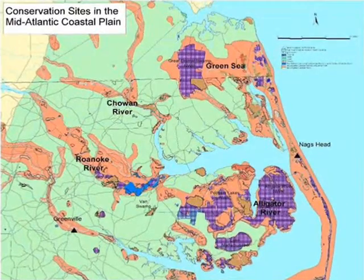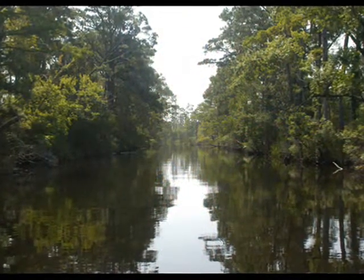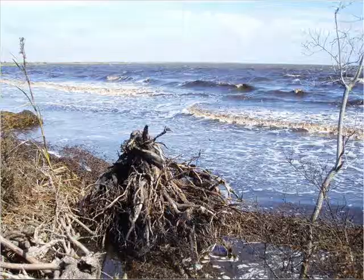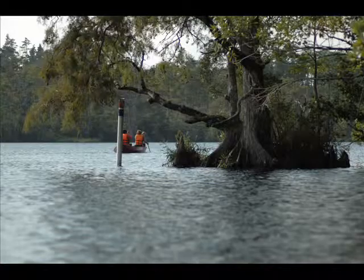I'm Mike Bryant. I'm the project leader for the North Carolina Coastal Plain Refuges Complex. It's a group of 6 refuges on the coast of North Carolina. And I'm talking now about a project that's occurring on Alligator River National Wildlife Refuge, one of those refuges in that coastal plain that's being exposed to the effects of what we believe are climate change-driven sea level rise and saltwater increasing. So you have several things happening that we've been discussing with the Nature Conservancy, our prime partner on